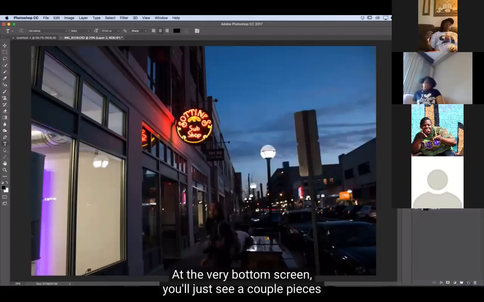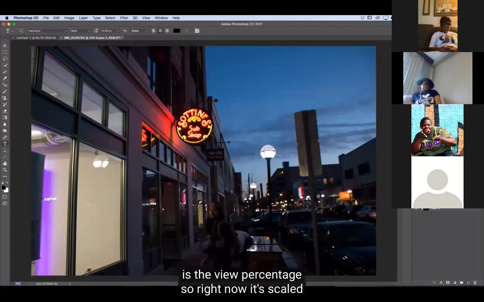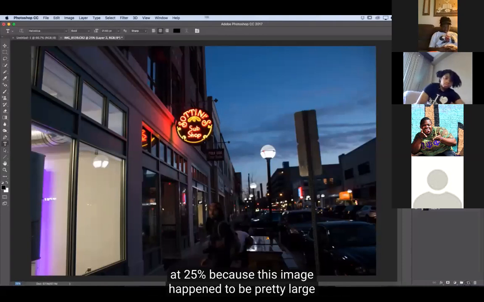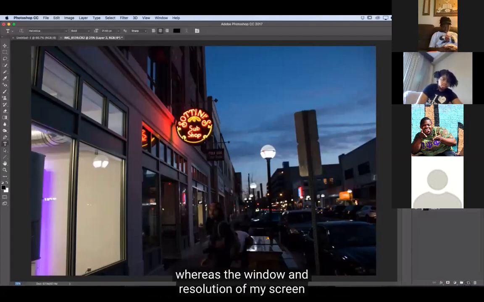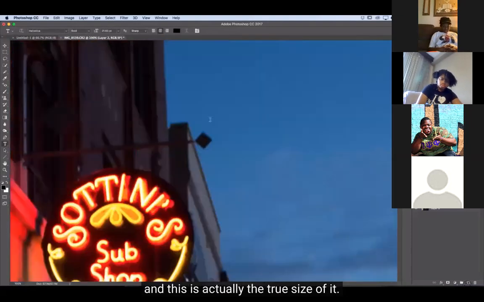At the very bottom of the screen, you'll just see a couple pieces of information, but a really key one here is the view percentage. So right now it's scaled at 25% because this image happened to be pretty large, whereas the window and resolution of my screen is not large enough to hold it. So it's at 25% to fit. However, you can type things in here like 100%, and this is actually the true size of it.